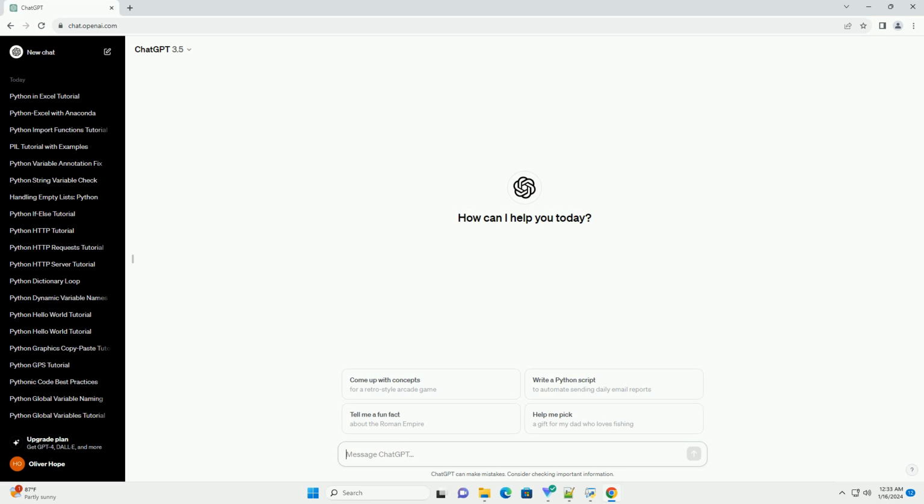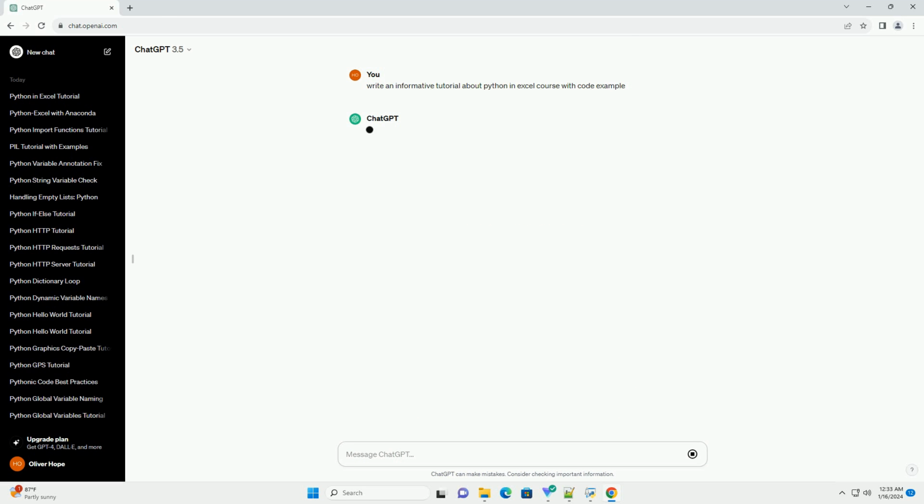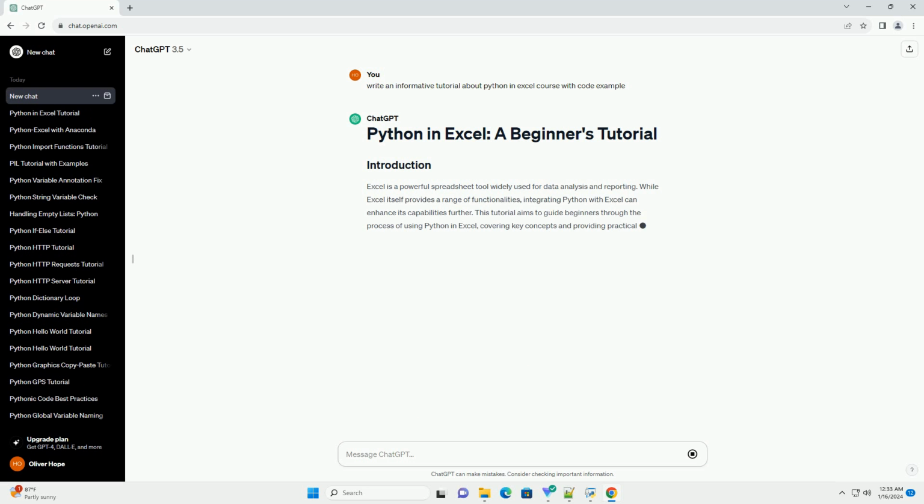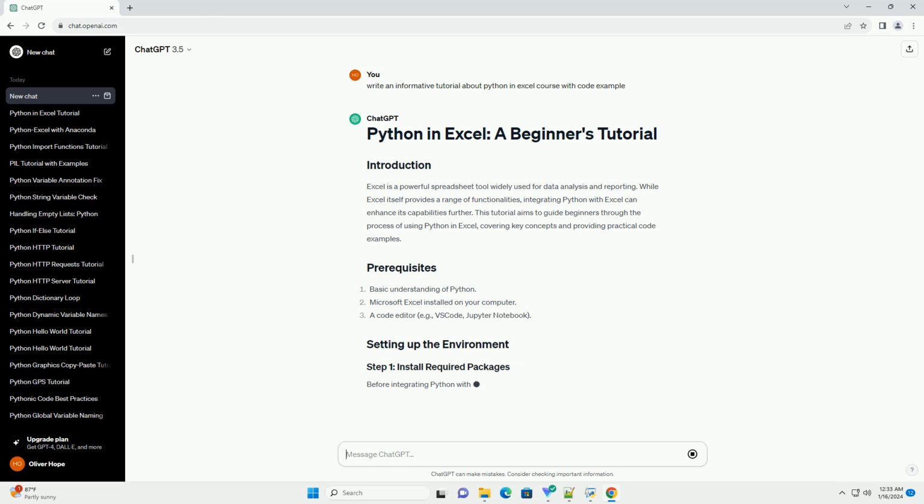Excel is a powerful spreadsheet tool widely used for data analysis and reporting. While Excel itself provides a range of functionalities, integrating Python with Excel can enhance its capabilities further. This tutorial aims to guide beginners through the process of using Python in Excel, covering key concepts and providing practical